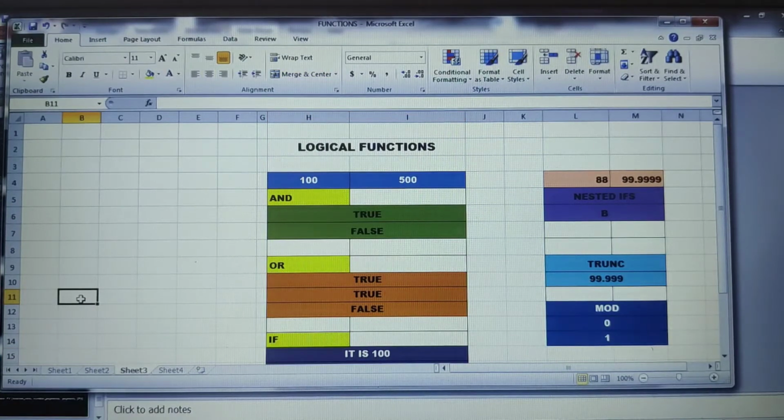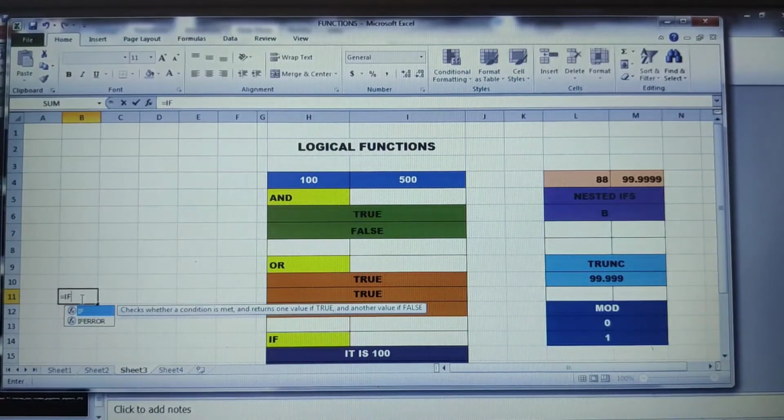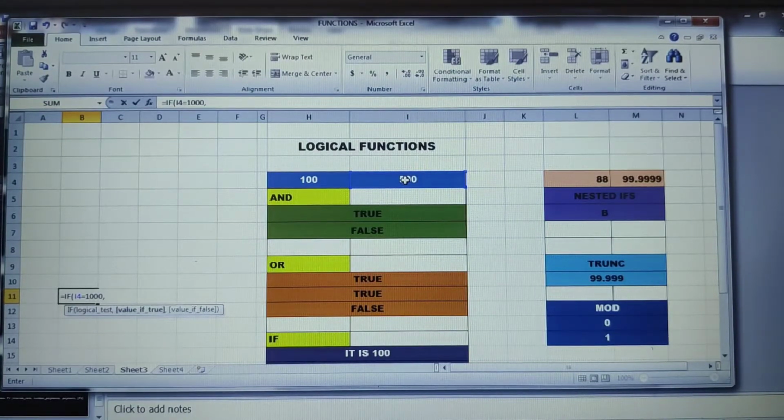So what I do is, equals to IF. I'll click on the tab. IF, what is my logical test? I would like to test for this particular condition. So if I just click onto that, I'll get the cell number: whether I4 is equal to, I'm going to check whether it is 1000. If it is so, then it should print me as